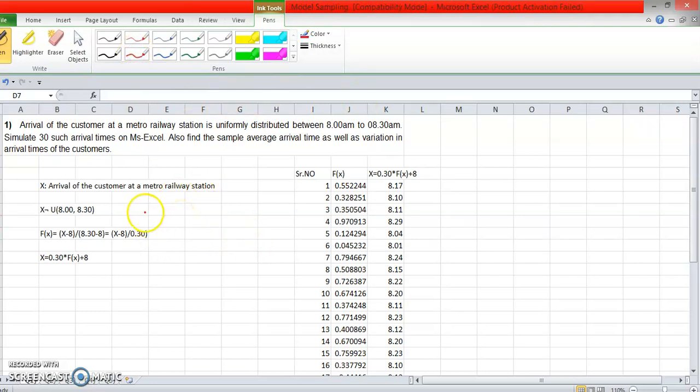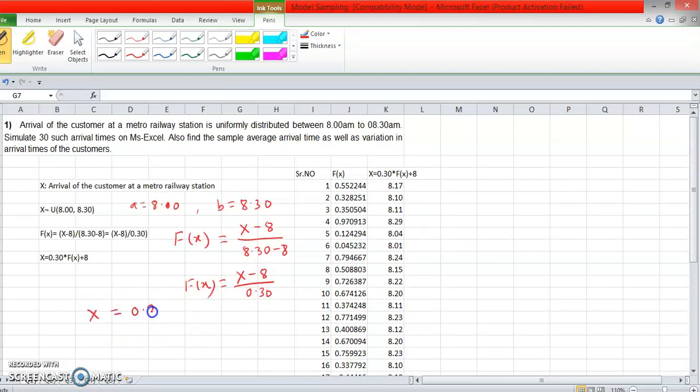So here a is equal to 8 and b is equal to 8:30, and therefore your F(x) will become (x minus 8) upon (8:30 minus 8), which will be (x minus 8) upon 0.30. So this is your F(x), and using this we can define x as 0.30 F(x) plus 8. We will use this x to generate the random sample from uniform over 8 to 8:30.